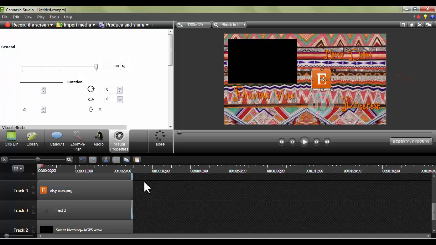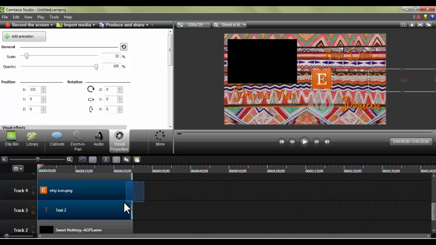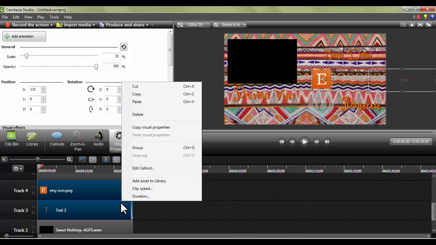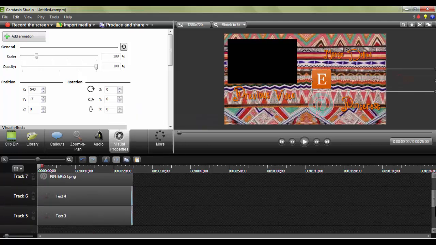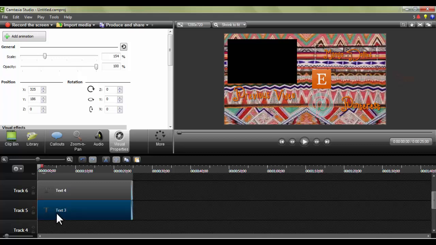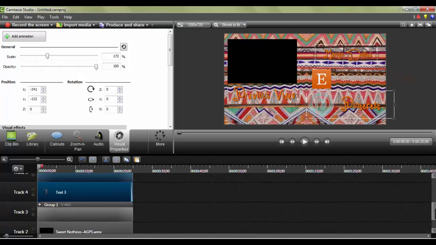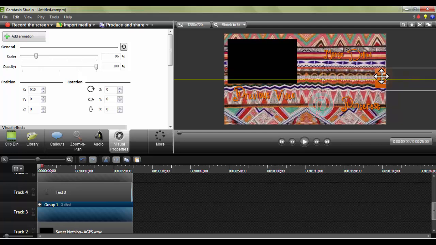And then you're going to click and drag so that both of these are highlighted. Then you're going to right click, and then you're going to go to group, and it holds those two together. And you can do the same thing for other text. So anyways, I'm sorry if this is a little confusing, but now what you're going to do, drag this so